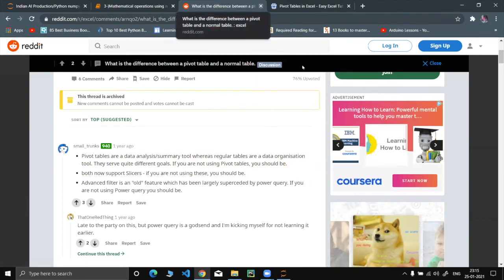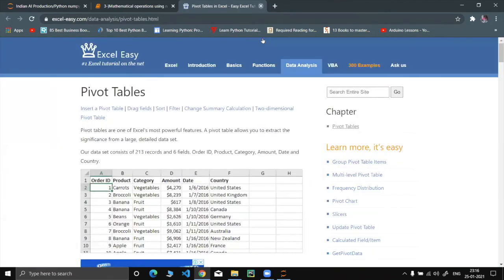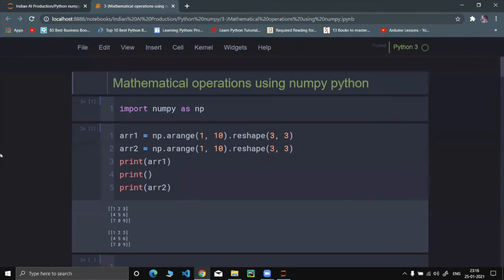In pandas, there is a direct function called pivot_table, if I'm not wrong, and we can do some aggregate functions on top of it. There are so many functions out there. Pivot is there, pivot_table is there, crosstab is there, if I remember, and merge is there, so we can merge the data frames. But in NumPy, we don't have that feature. But good, you brought a good concept to the discussion.